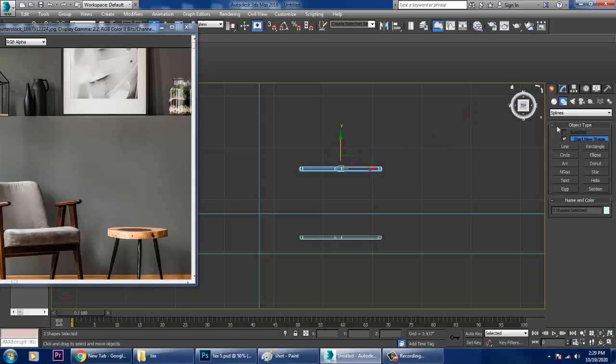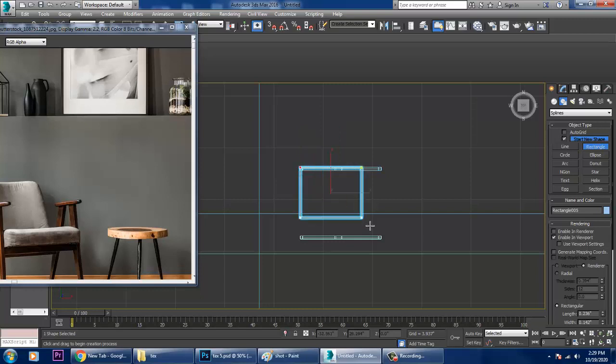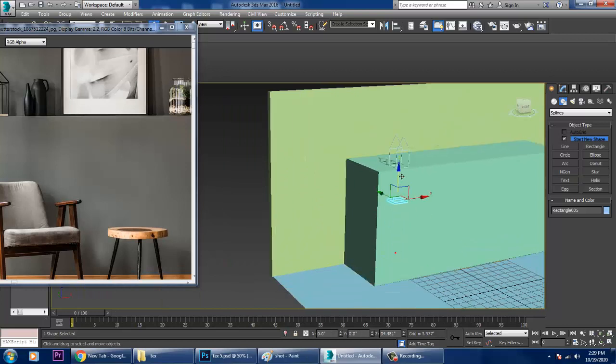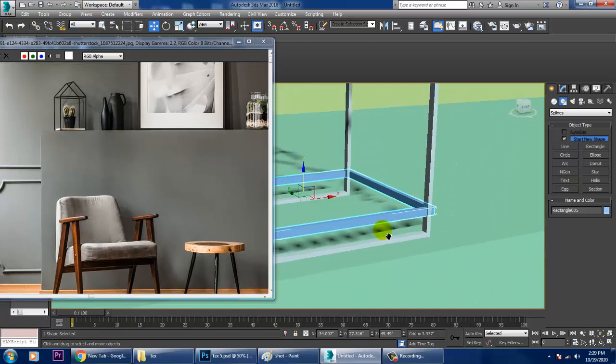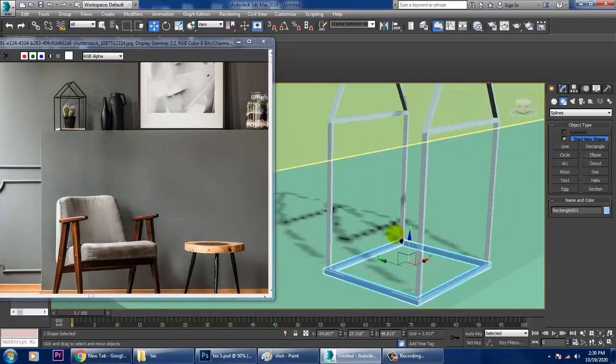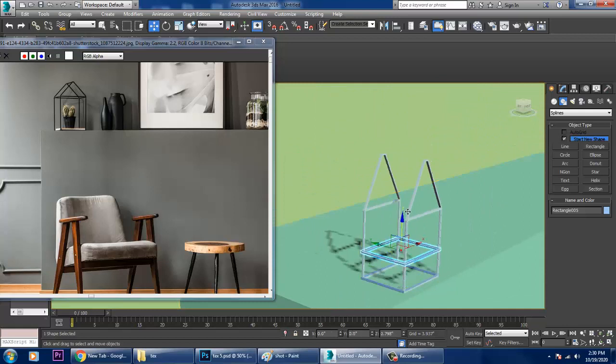Let's again take a rectangle, push it up over here, and push this up much better.